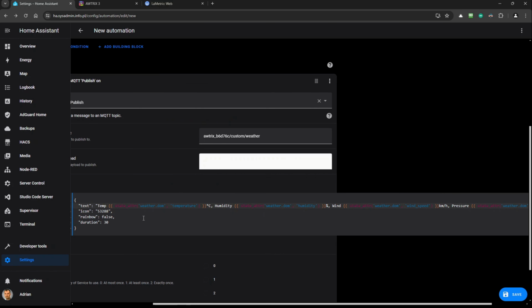So what I have here, I have something like text. So what kind of text is displayed, and now I have something like state underscore attr, I mean state attribute, and you can see I'm using entity ID weather.dom. In Polish language it means home, so by default it should be, I suppose, weather.home, but as I presented in a moment, I'm going to show you, you need to find out what kind of values you want to